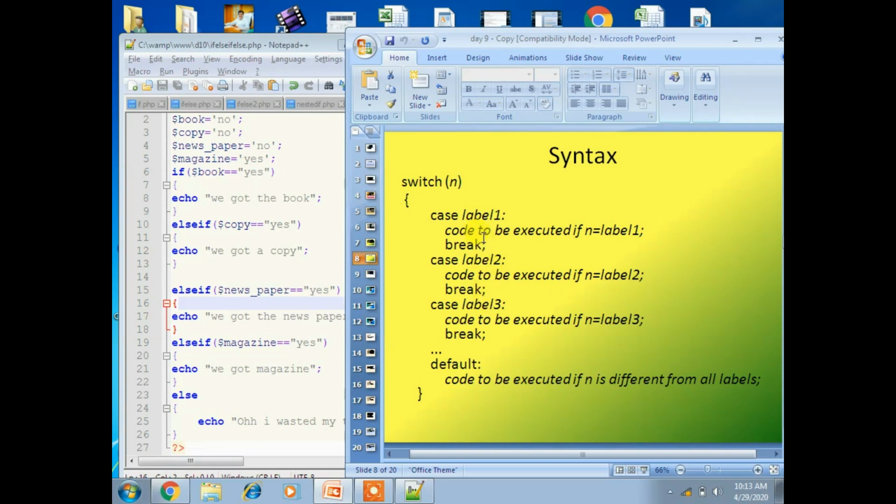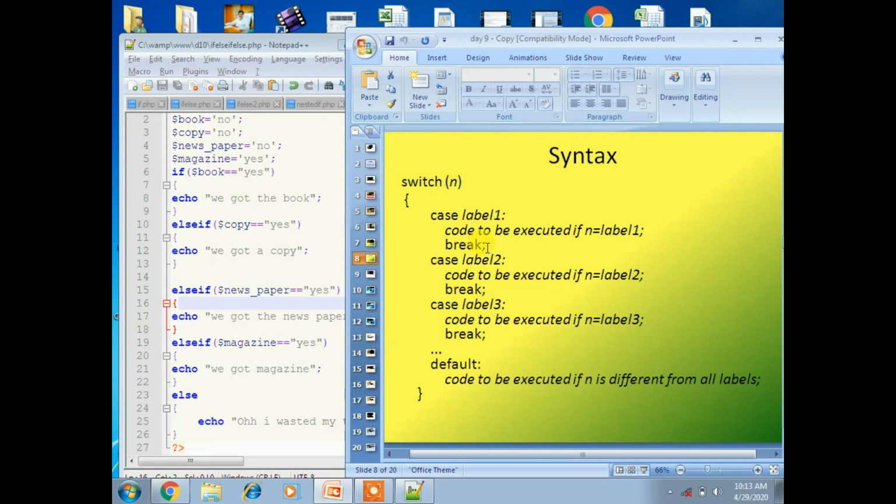If there is a match, the block of code associated with that case is executed, and use the break to prevent the code from running into the next case automatically. The default statement is used if no match is found. Otherwise, if the match is found for the first one, it displays there and stops running into the next case. So this is the syntax of the switch.